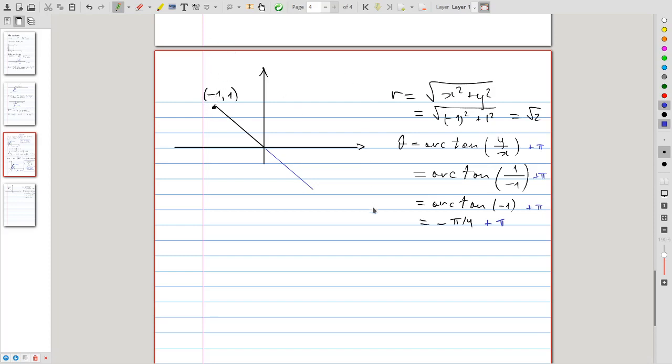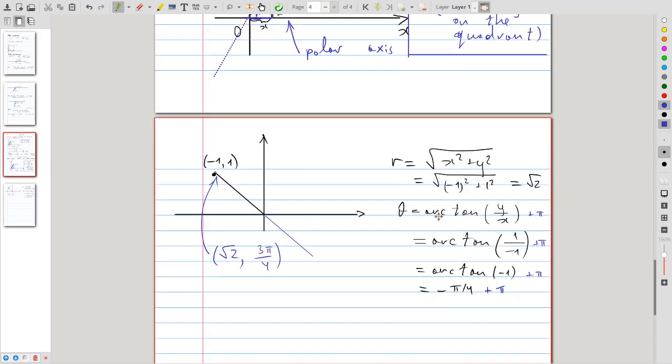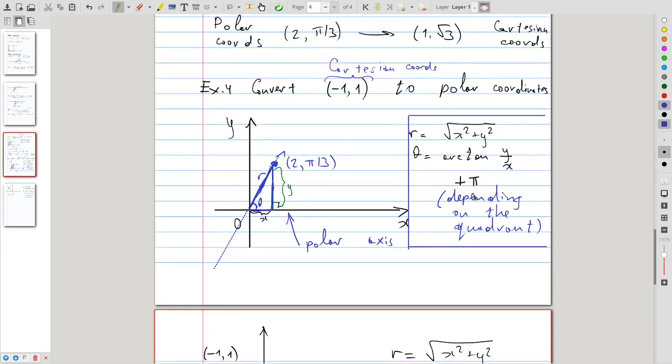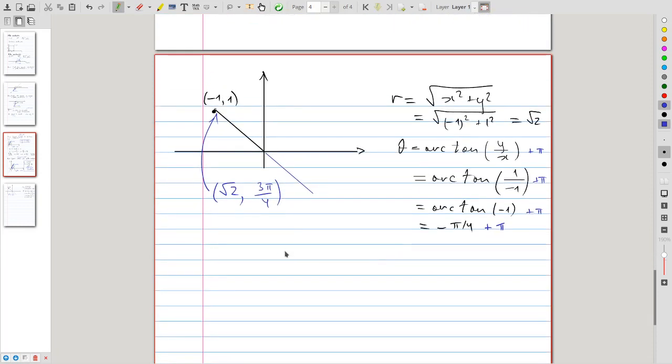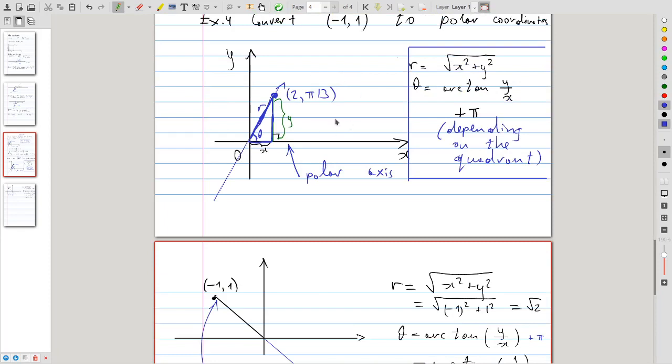So now we conclude that this point here has polar coordinates square root of 2, 3 pi over 4. It's easy to check that indeed a point with such polar coordinates lives in the second quadrant. And so in this case, we have indeed to add pi in order to arrive at a point in the second quadrant. Since the values of arctangent are always either in the first or fourth quadrant,